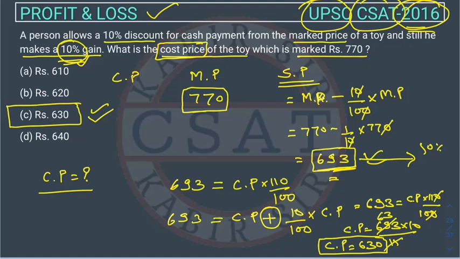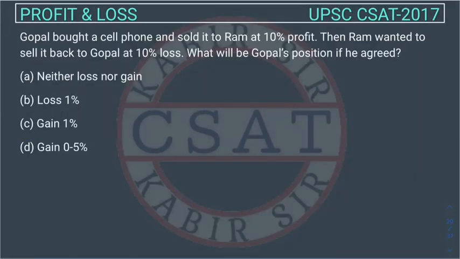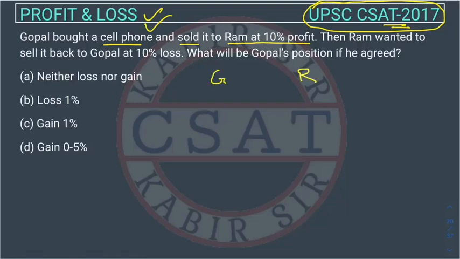So the cost price of an article is 630 rupees. I hope you all can understand this question. This is the question of profit and loss asked in UPSC Civil Services Examination 2017. So the question is, Gopal bought a cell phone and sold it to Ram at 10% profit. So this is Gopal, he bought some mobile, and this is Ram. He bought it at, we don't know the price, but he sold it to Ram with 10% profit,